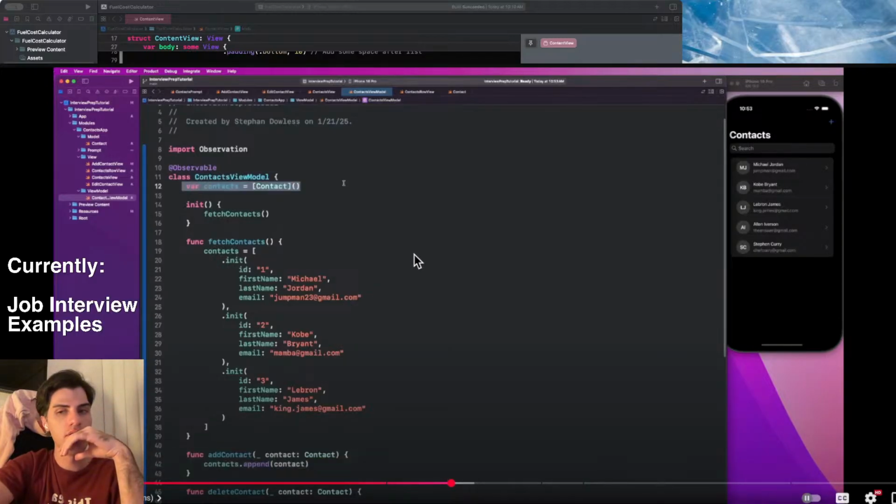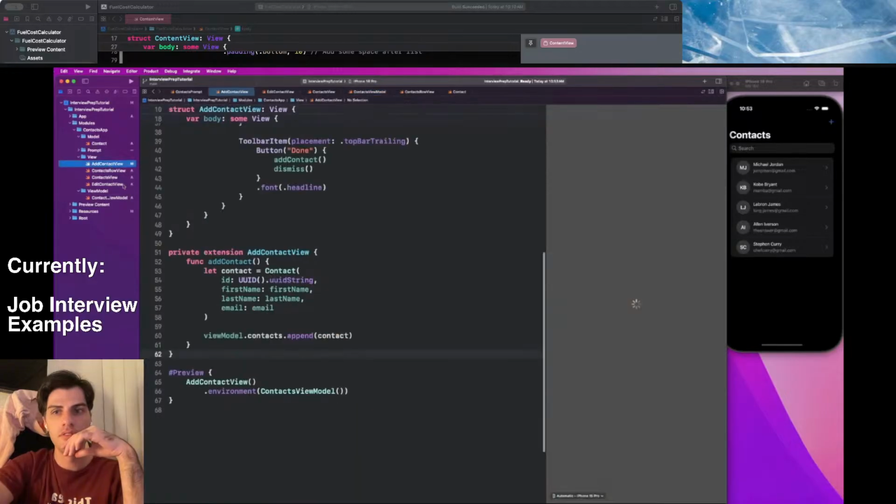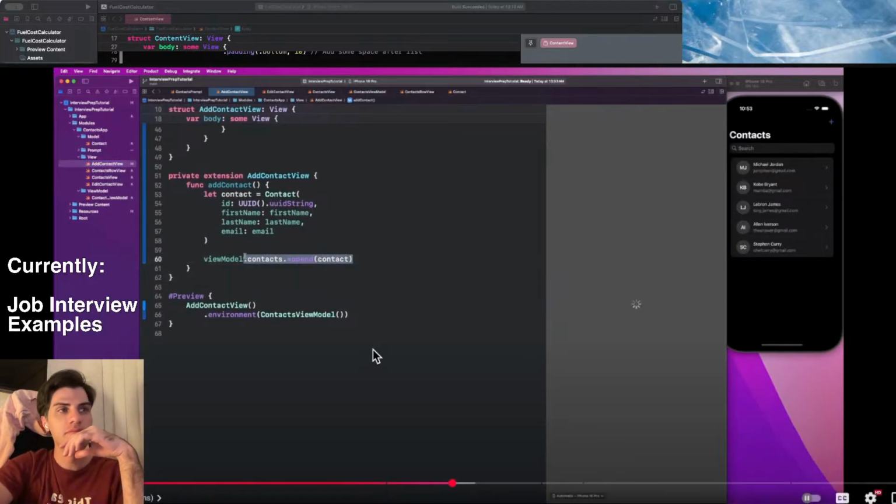this data source here. So I think the logic for that is better. So back in our add contact view, we would then simply just go here and call